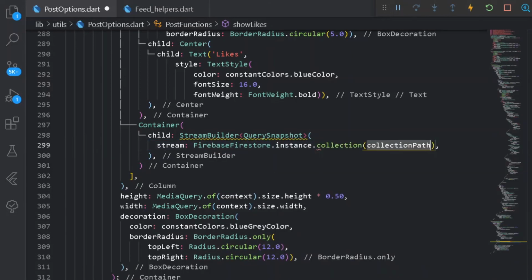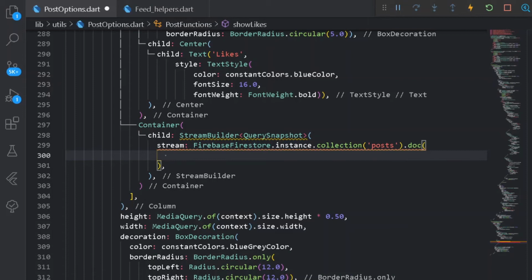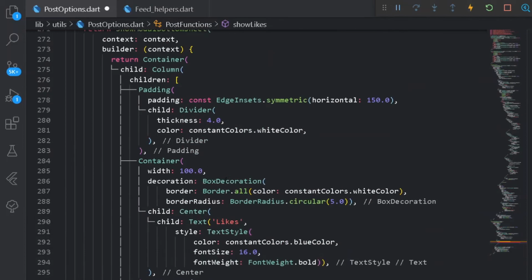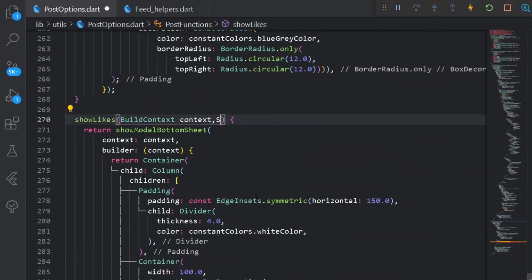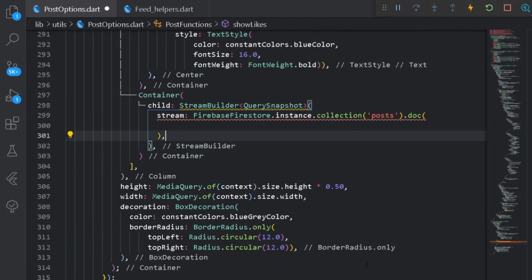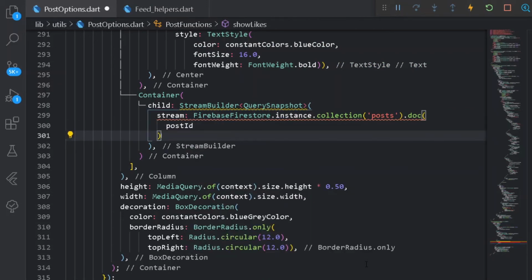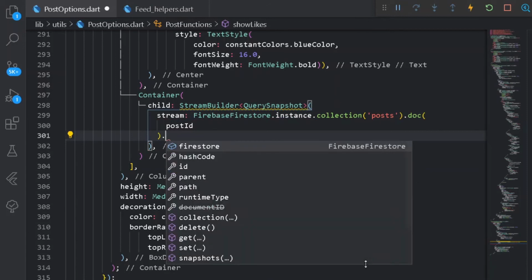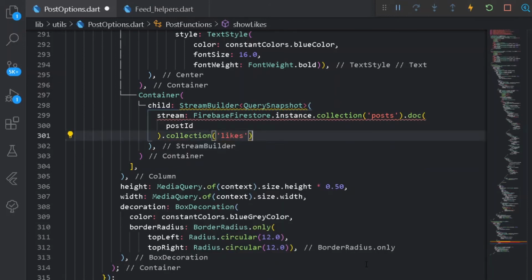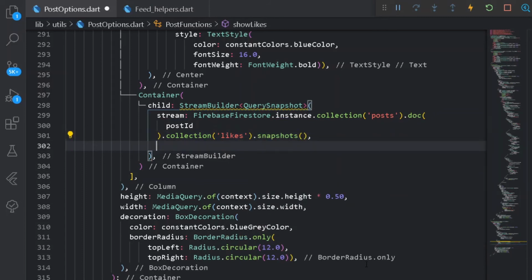instance let's have a collection of all the posts, and from this post let's have the doc, and here the following doc shall be nothing but the current ID of our entire container, that is the following post. So for that, let's provide here a string to be post ID itself, easy. And after that, let's come down here and provide the following post ID to our entire doc. The following post ID shall be nothing but our entire caption. Alright, so after having the following post ID, let's get the collection of all the likes, and after that, let's fetch all the snapshots. So after having this thing, let's have a builder.